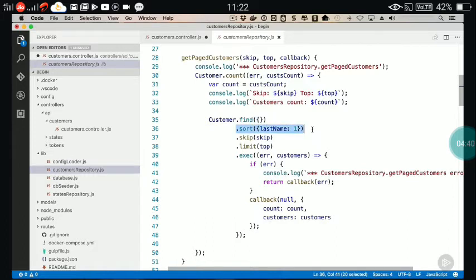Grab all of them, but we're going to sort by last name. We're going to skip a certain number of records based on what's passed in, and then we're going to limit or page those records. Grab a page size. Now what I'll return to the callback is the total count, because we need that if we're going to do paging, especially on the Angular side,